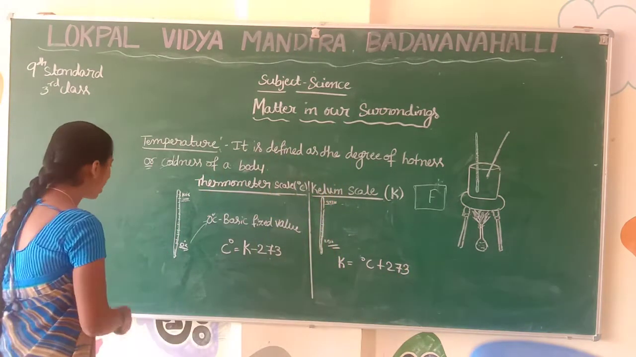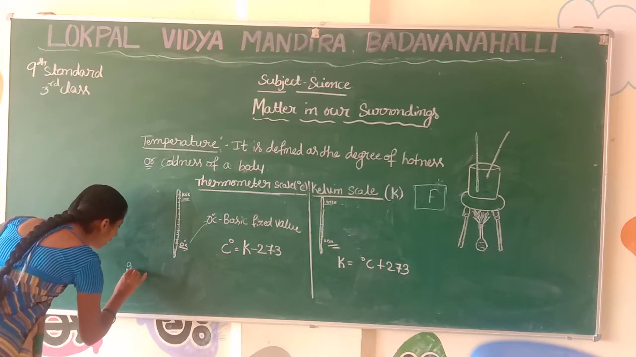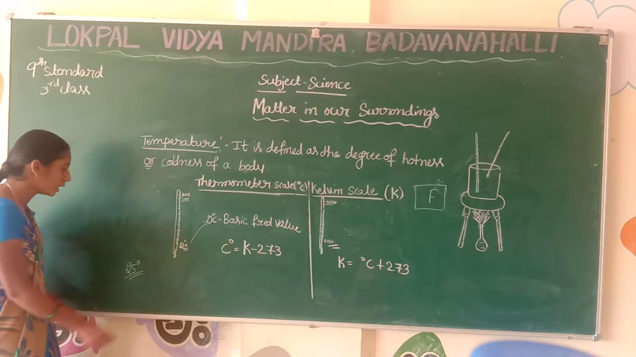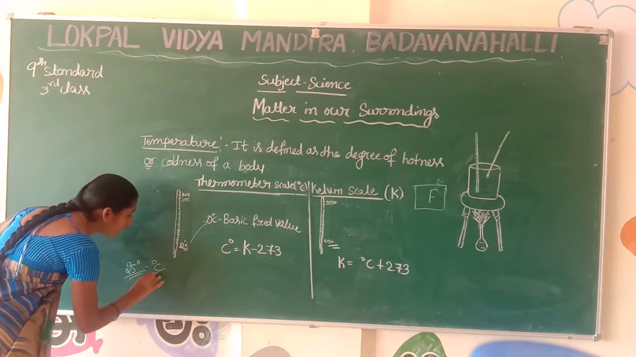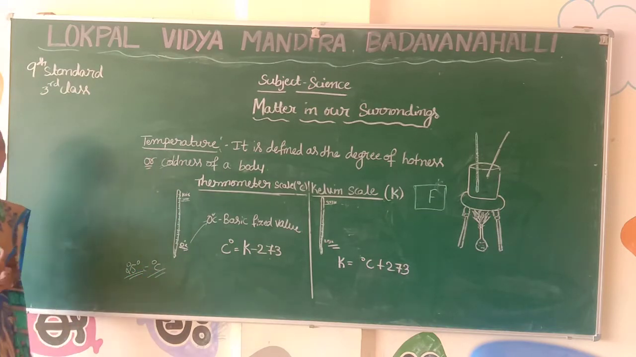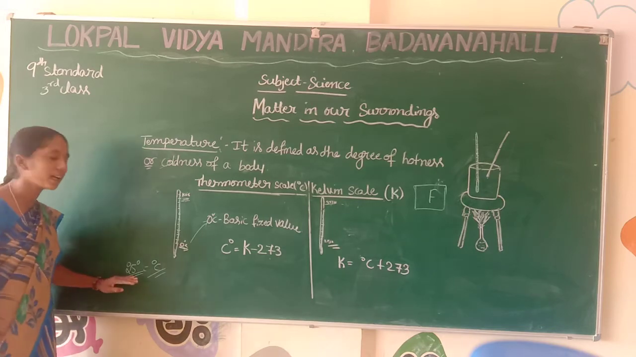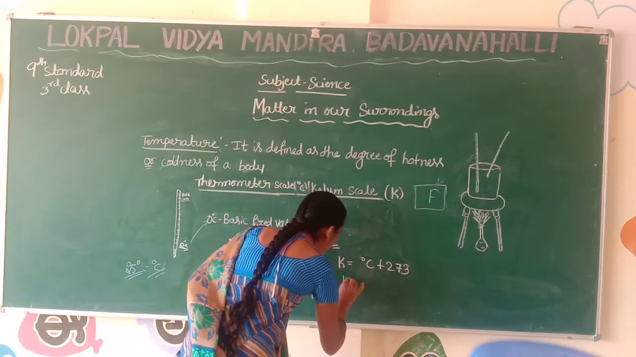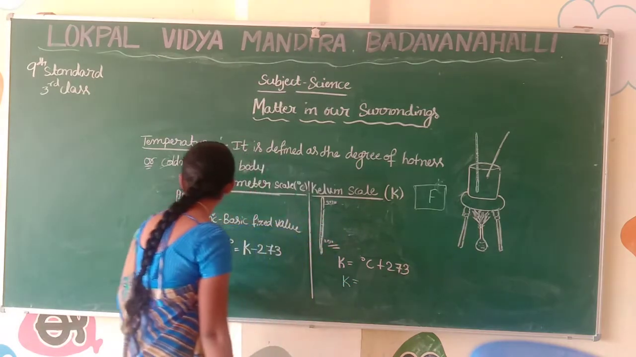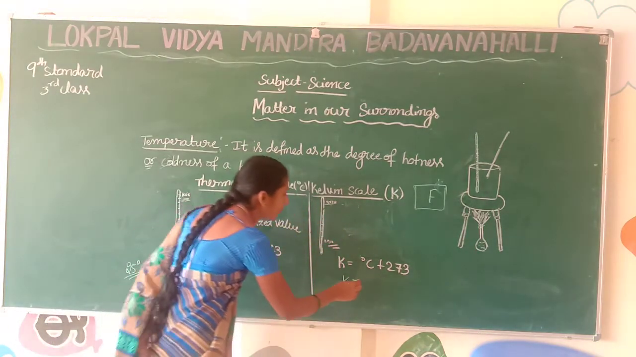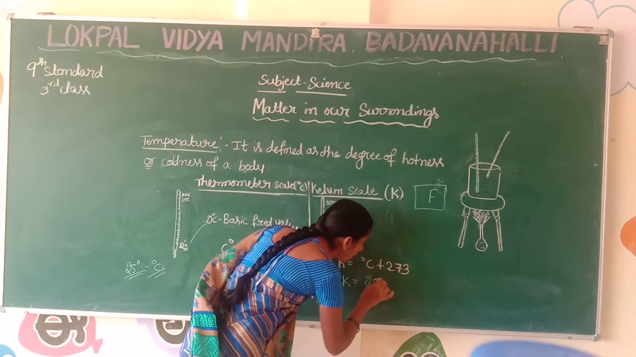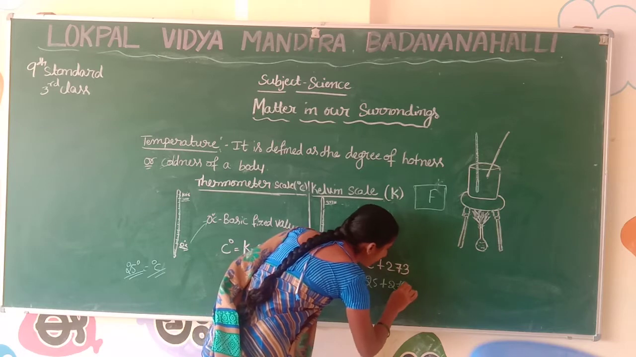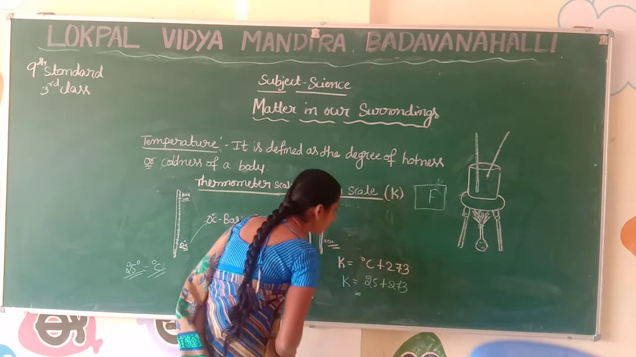Let us consider an example. 25 degree. Okay students, 25 degree. This is given in the degree Celsius form. Then how can we convert this degree Celsius into the Kelvin scale? Students, write K. The degree Celsius is 25 degree. They have given the temperature 25 degree, plus we add 273. We get the value